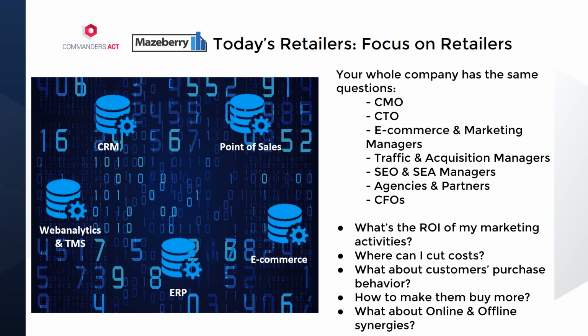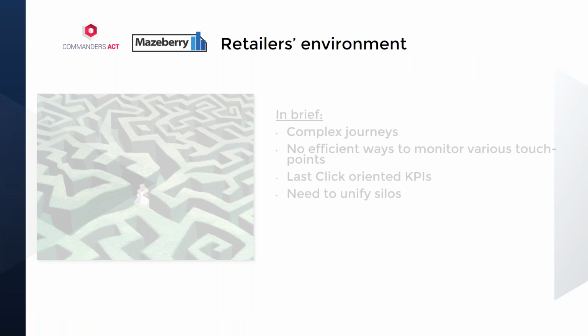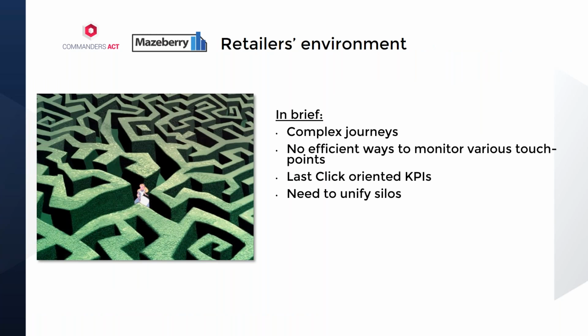So what we do, based on Commanders Act data and also on Mazeberry's DataVis tool, is help them know and understand that. We also help them understand and answer, for instance, whether or not their online and offline synergies are right. And that's where data that's properly gathered and rightly analyzed is key. And just one last aspect, now maybe more on the retailer side,